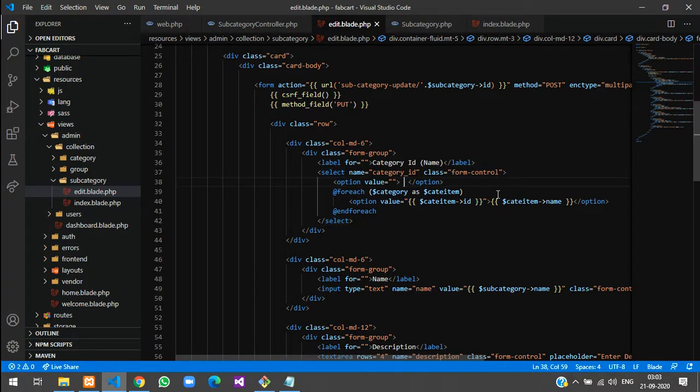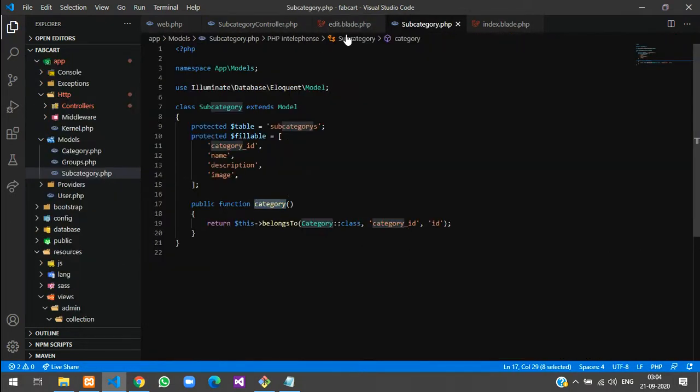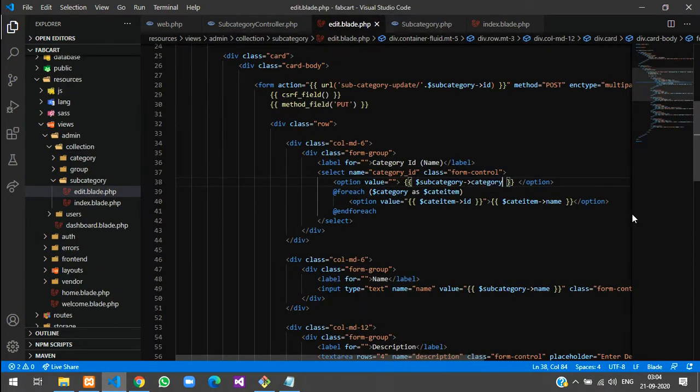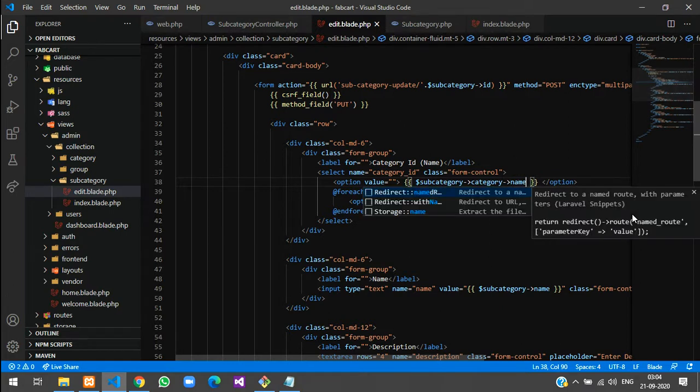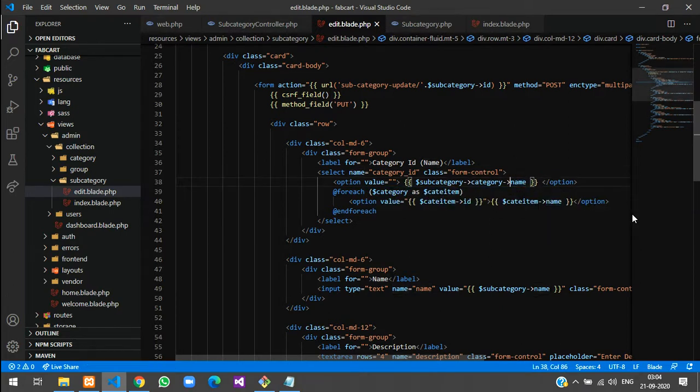This was the select option. So over here you can mention this as your subcategory items. Copy this and paste. And what was your model name? Category, I mean function name category, for the relationship category, and inside that column table name you have to call that. Simple. Let's give Control R,